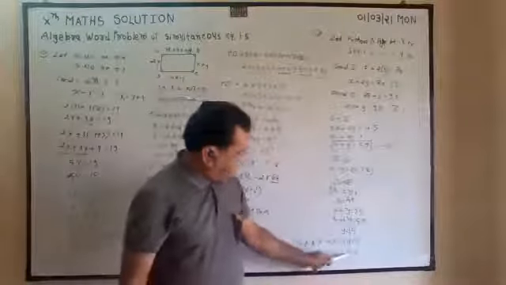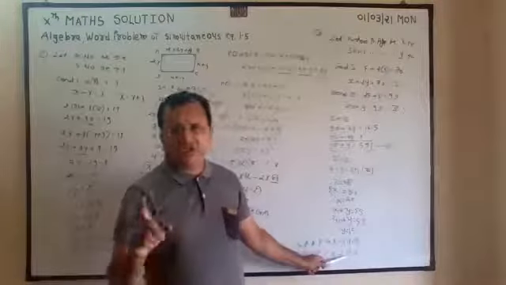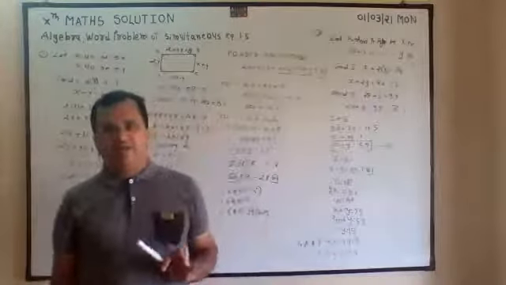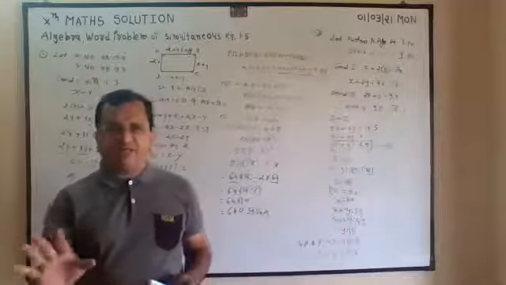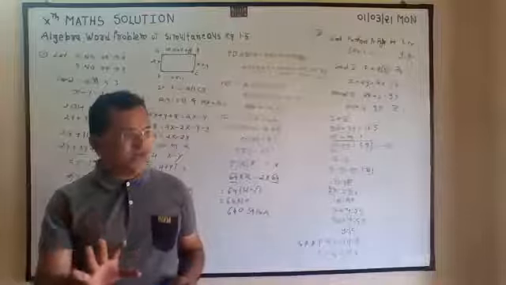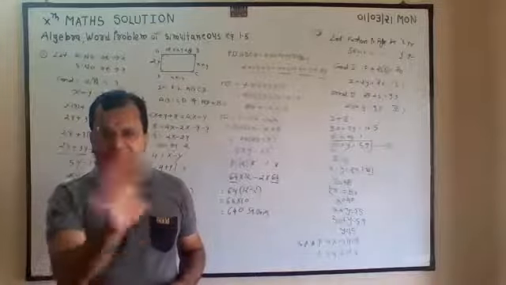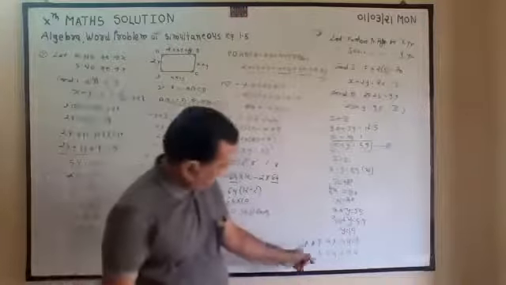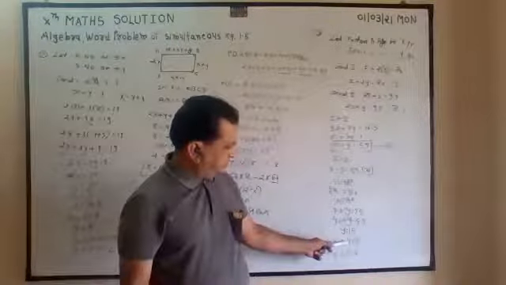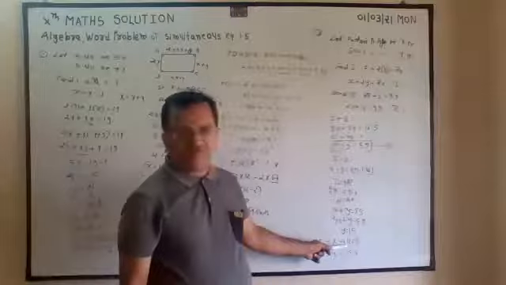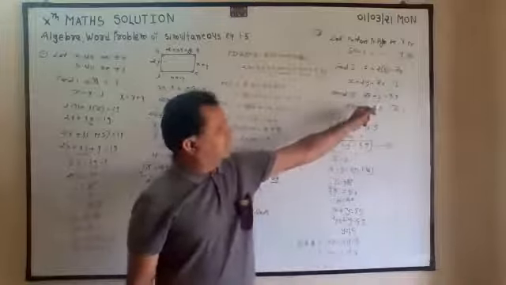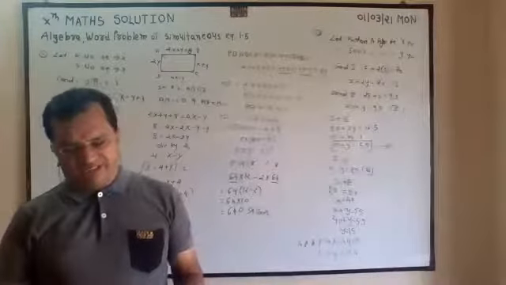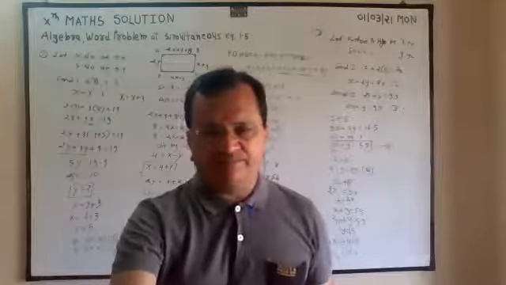Now make the double. 15 doubled is 30. 30 plus 40 is 70. First condition fulfilled. In simultaneous equations, this is a very good idea: you can substitute in any equation, and if it is balanced, your answer is 100% correct. Now double this. 40 doubled is 80. 80 plus 15 is 95. So both the conditions are fulfilled.